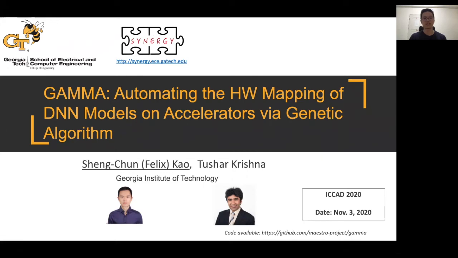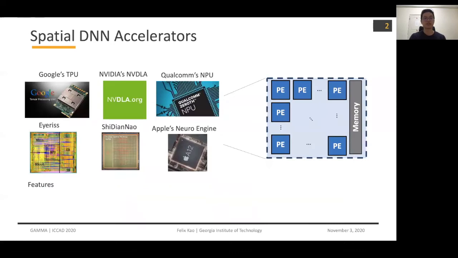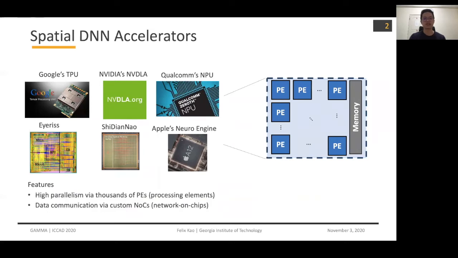Accelerator via Genetic Algorithm. There are a lot of successful DNN applications, like object detection, image segmentation, to playing games. And to accelerate those applications, a lot of special DNN accelerators are designed. They feature high parallelism via a dotted PE array and data communication via network on chip, and maximize data reuse